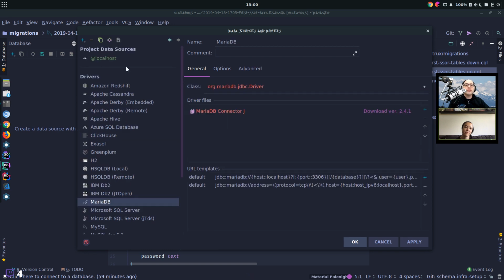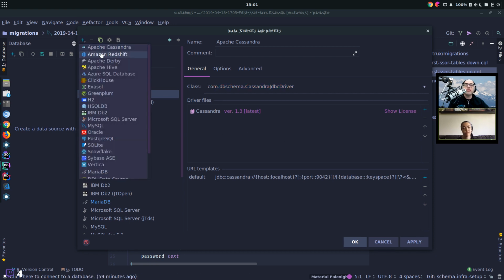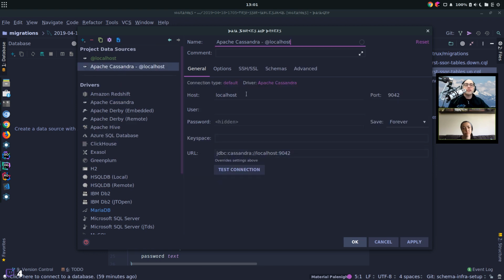So let's see here. Just on another one real quick, I'll show you. For each of those, they just have a different driver out there, and you just click download driver. It'll download it, and boom, it's ready to connect. And I, of course, already have the Cassandra driver, and it lists the license and all that good jazz. So you're pretty much ready to go once you have a driver. So let's go with this one, and then,